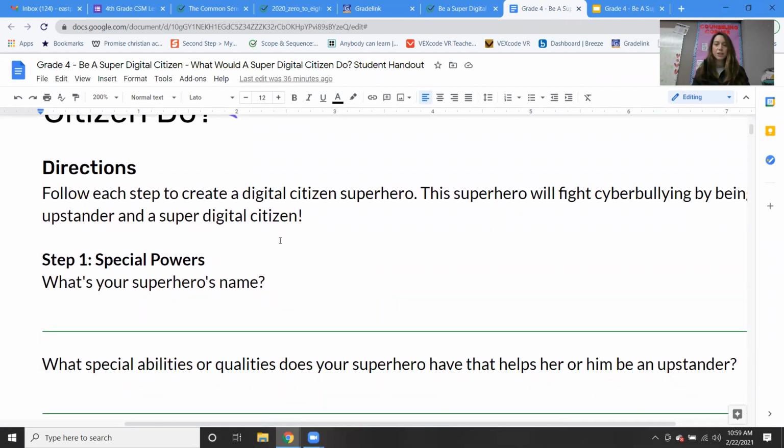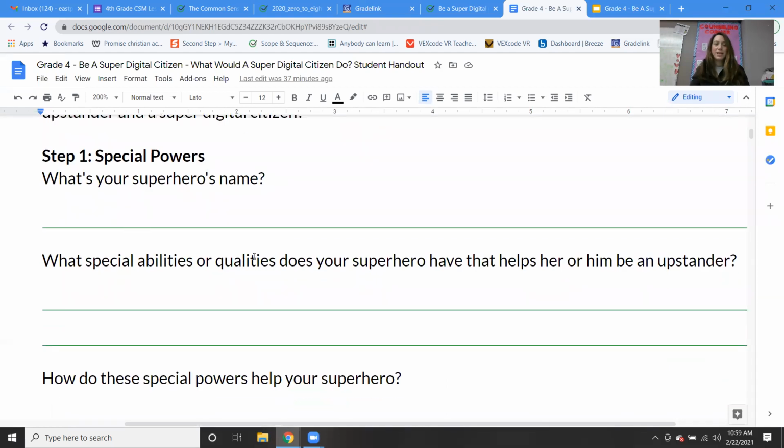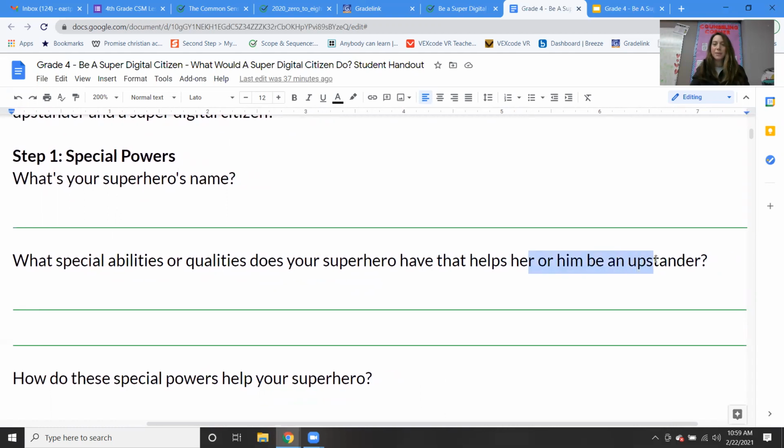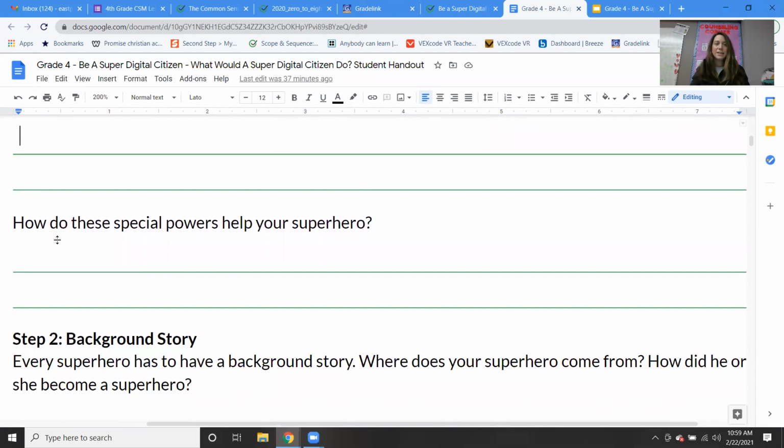This superhero will fight cyberbullying by being an upstander. So the first thing you have to think of is a name for your superhero. Think about what special abilities or qualities your superhero has that help them to be an upstander. So think about what they do. How do the special powers help your superhero?